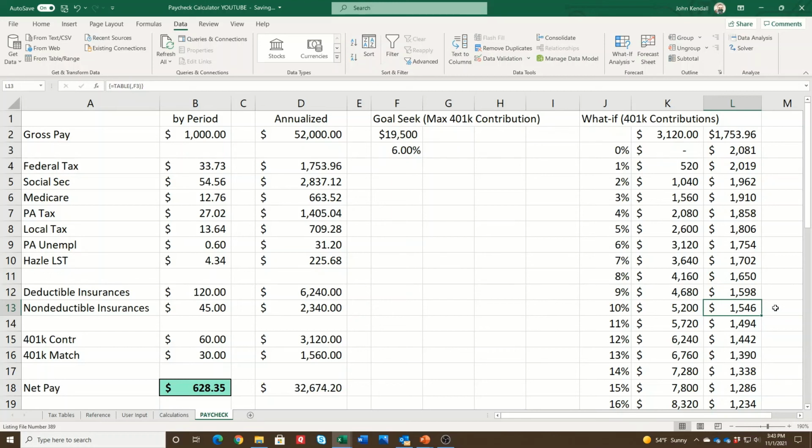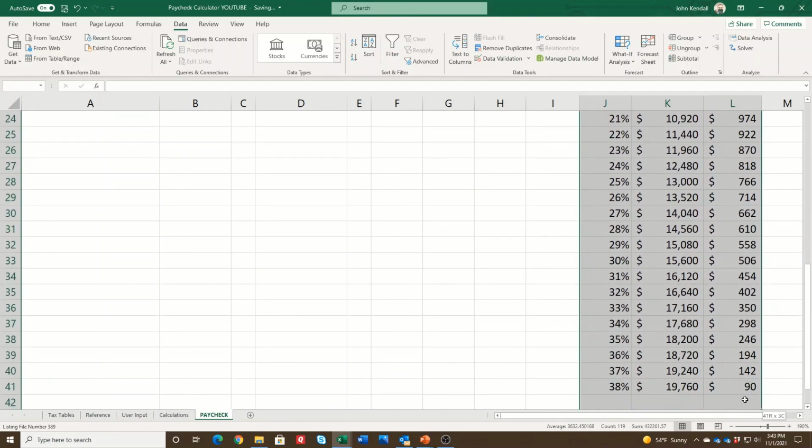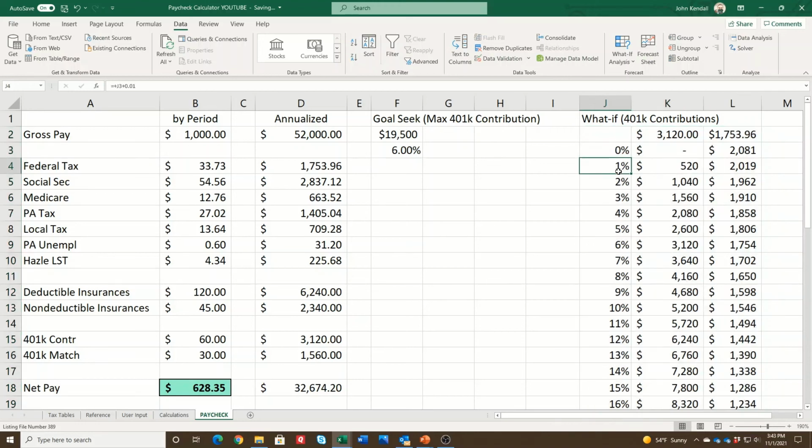Creating a what if scenario here can help you determine how much you want to put in as your retirement contribution rate. Okay, man, that's pretty cool. You don't pay much taxes if you were to max out your, I'm sorry, not your Roth, your 401k contribution. So hopefully these two tools right here will help you in determining,